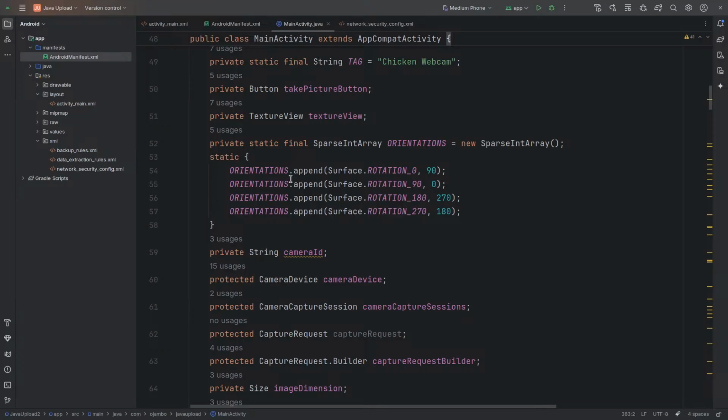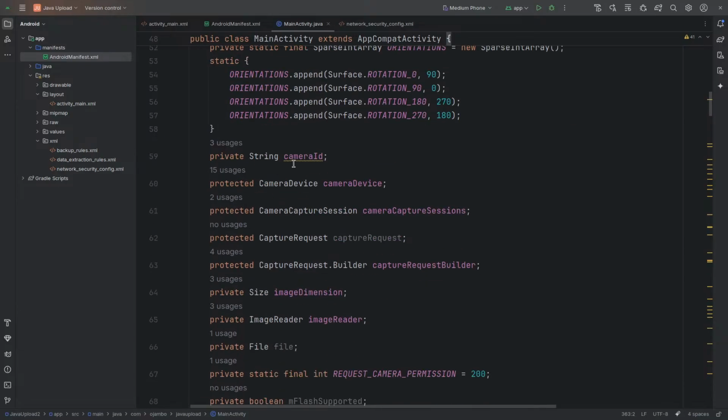Anyway, so these are the orientations for the camera. See, 90 degrees, 0, 270, and 180. This is for the camera ID. Remember, there's several